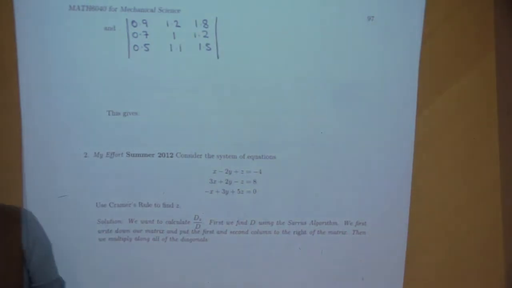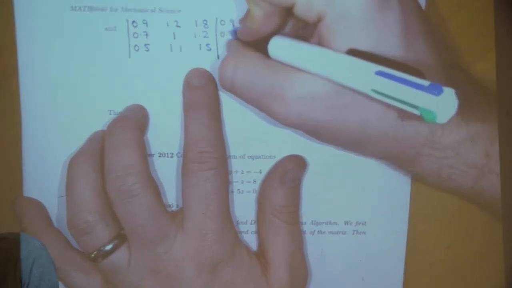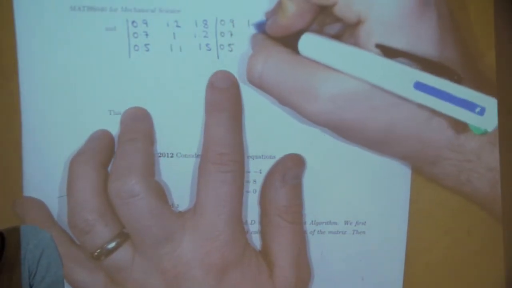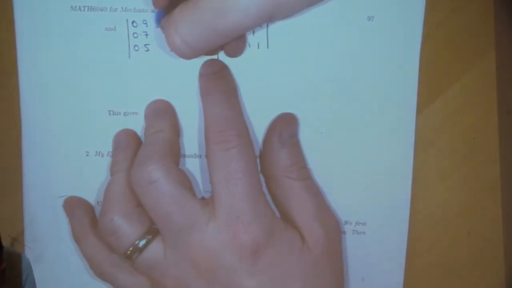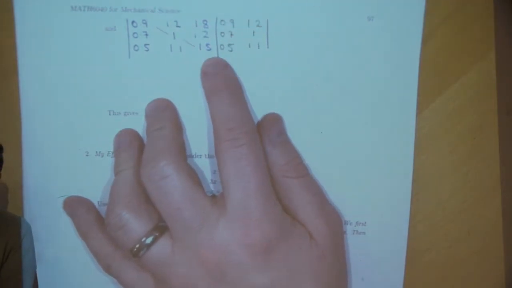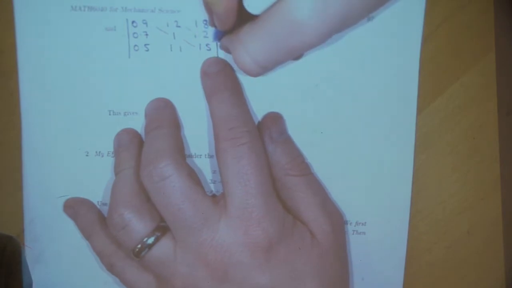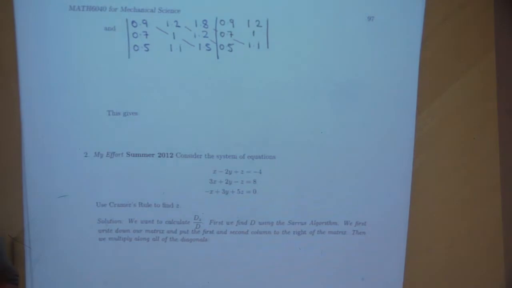Again, you write the first two columns again. And then you do the right down diagonals minus the left hand diagonals again. So you can see why you wouldn't want to do it for all three of them. So we get